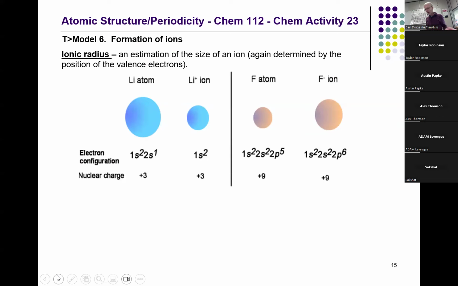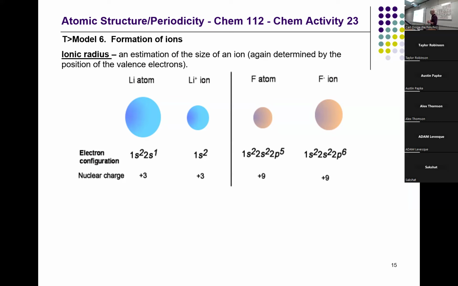Okay, this is the last part. We've got a little less than 15 minutes, and that'll be good enough. So I'm looking at page 137. And the idea here is I'd like to look at the last trend, the last property that we're going to be looking at. This will have parallels to what we've already done, but also take it to a different level. So we've already studied atomic radius, electronegativity, and ionization. So now the last trend is ionic radius.